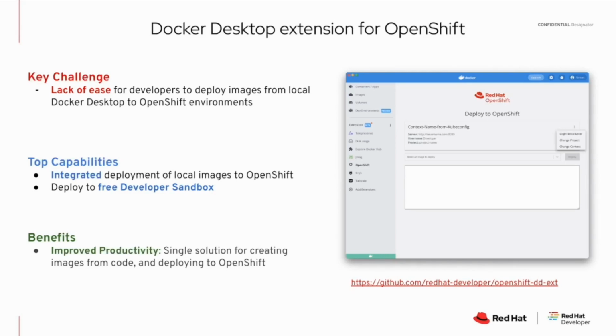So this way you have an integrated way of using Docker Desktop to create these images, to test out the images within the Docker environment on your local machine, and then pushing it into OpenShift and see how it runs when it's in OpenShift, and then have it connected to all your various services and everything directly in OpenShift, right? So you can take advantage of the rich developer experience of OpenShift for the same image that you created here on your local desktop. So this will make it very easy for you because it's seamless. So you don't have to worry about jumping across various tools. It happens from one place.